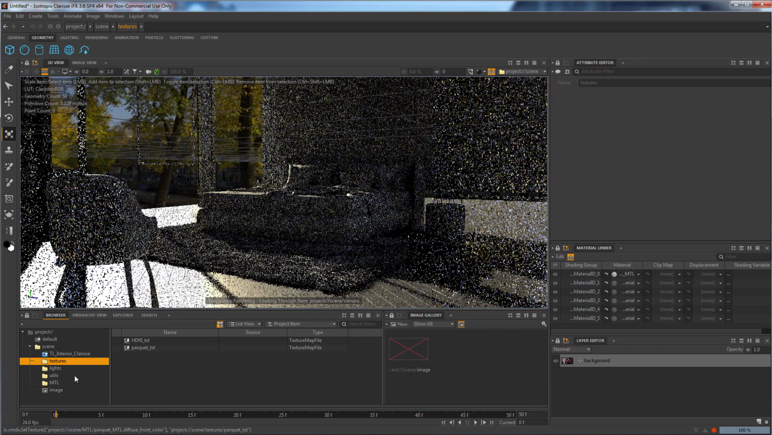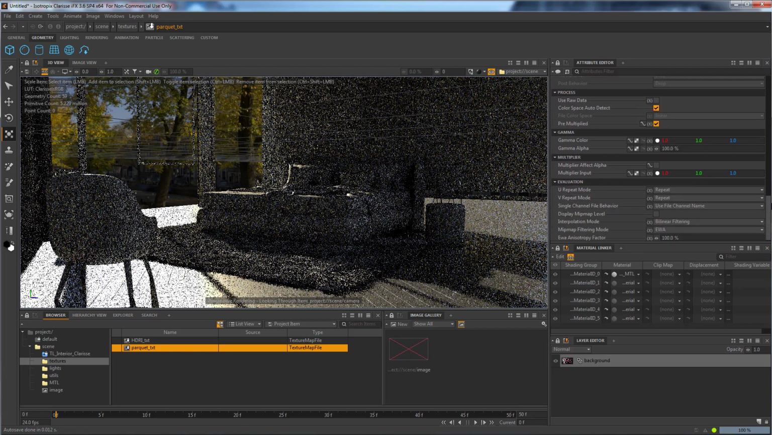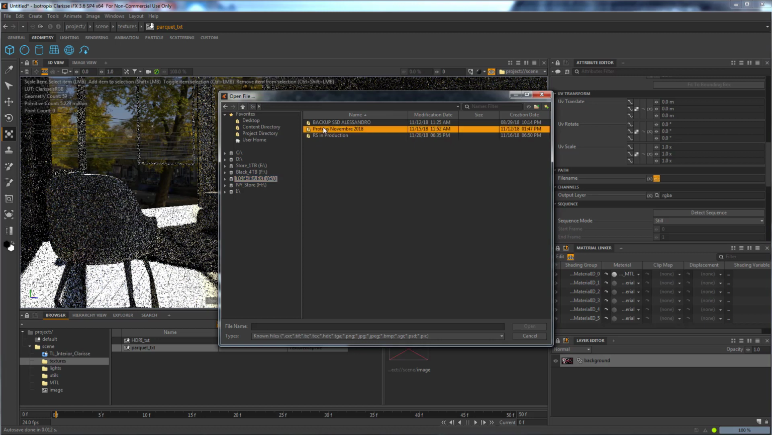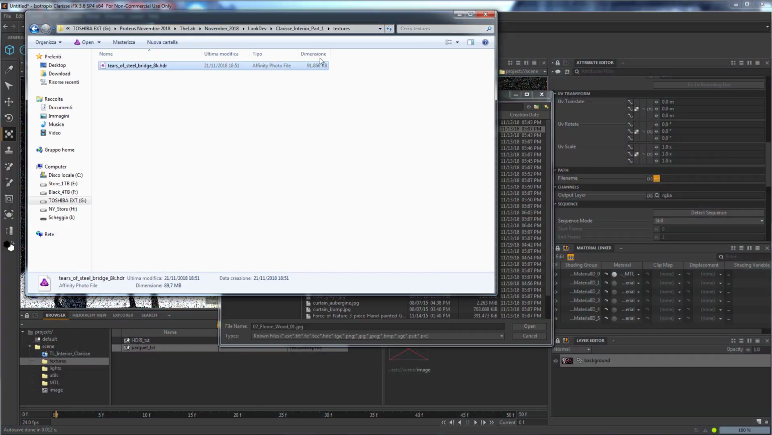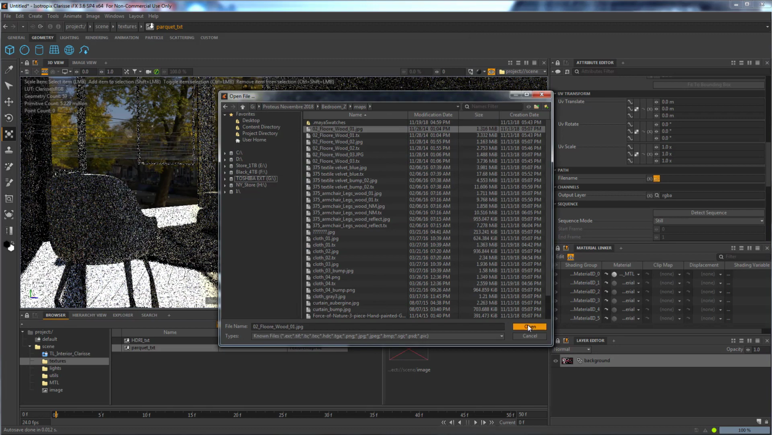Inside the texture we have the parquet, and we have to pick the file. We have the texture because we can find it inside the folder where we have the projects we download. So maps, it should be, let's see, let's go in the folder. So okay, I mean it's this one. So the first one,